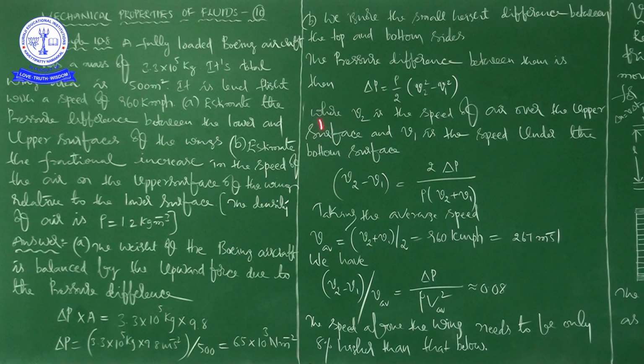Okay, right. First, we ignore the small height difference between the top and bottom sides. What is the height of the aeroplane? You can imagine, so we are neglecting that height. Now, the pressure difference between them is, then